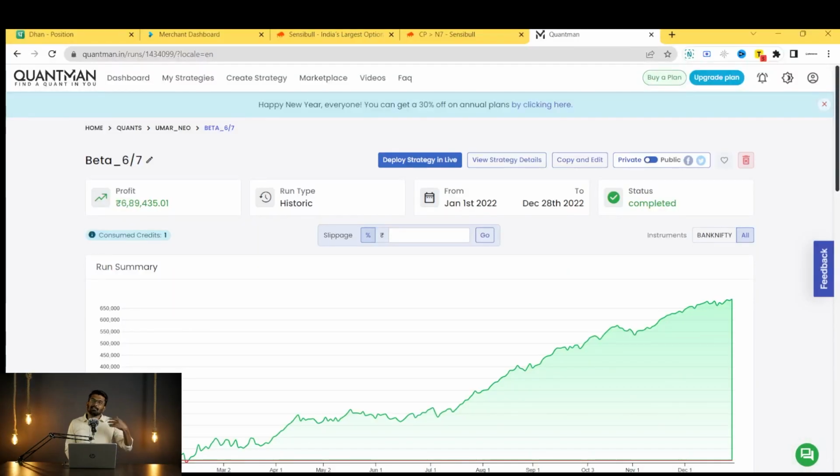Right? So these are the variants. What you have to consider is that even if we account for slippages, variance, and all these things, say you exclude 50%, you will still make 3.4 lakhs. That's around 50% in how many months? 12 months, from January 1st to 28th of December we run this strategy, with a capital of how much? 6 lakhs, and you are making 3.5 lakhs. That is around 50% ROI in 1 year, right? So this is very much possible, but that's why I'm saying it is hypothetical.